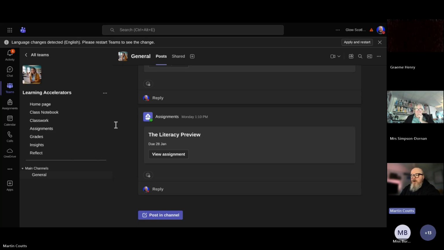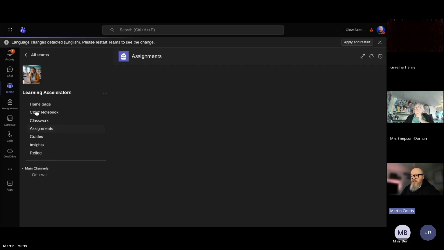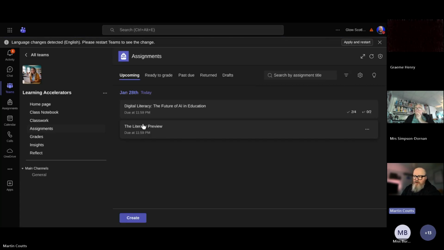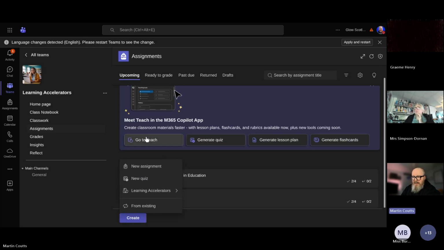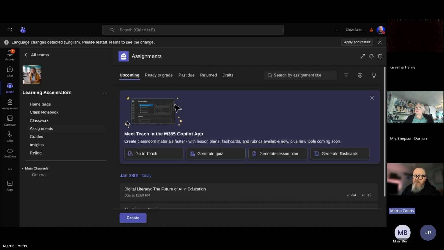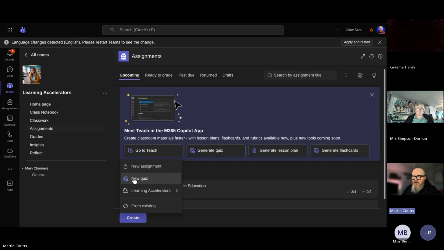So within our assignments, I have two that are here that I'm going to talk to you about in a wee minute, but I'm going to create a new one. Okay, so you can see it's built in here. It says go to teach, generate quiz. It gives you the instructions that you need: generate quiz, generate lesson plans. So Teams is now beginning to tell us that these tools are available. But when I go to create and I go to quiz,